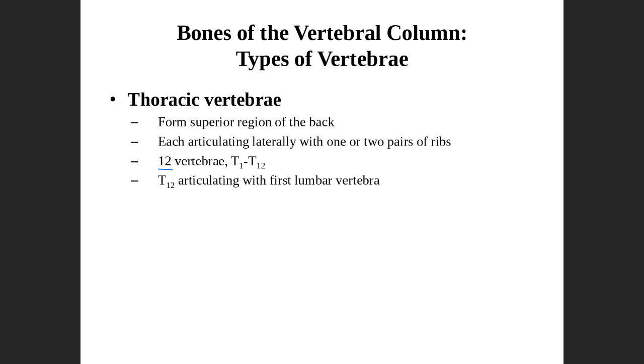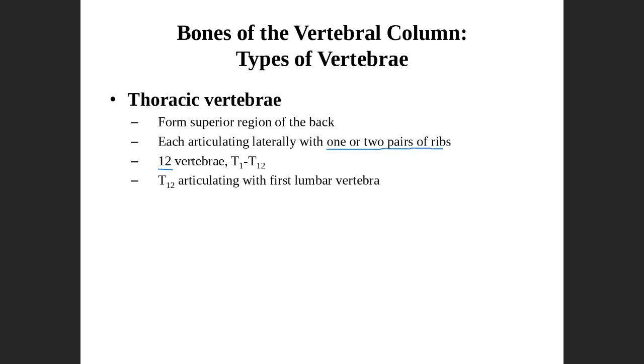So keep that in mind. The big thing is you want to know that at least the thoracic vertebrae will articulate with 1 pair to 2 pairs of ribs. So if you see a rib attaching to a vertebrae, then you know you're in the thoracic spine. All right? Now, there are certain pathologies and congenital defects, but we're not going to get into that